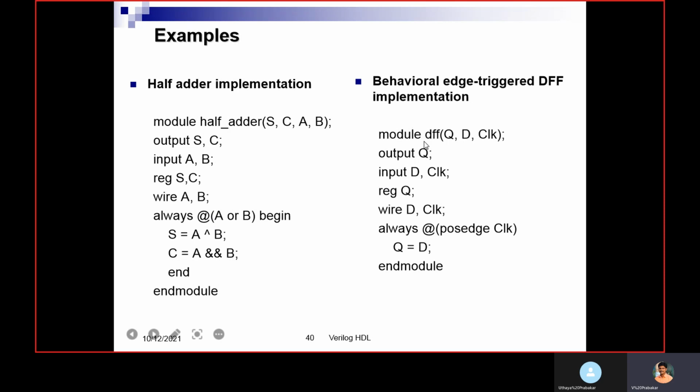So here, how will the D flip-flop behave? Whatever you are giving as input D comes to output Q. That's the operation of the D flip-flop. So here we are mentioning D, Q, clock in the input list. Q is output, and D and clock are inputs. Here I am going to implement this inside the procedural block. I need to declare this output as reg. Q is output, that we should declare as reg, and always at the passage of clock, Q equal to D. Whatever you are giving as an input comes to output.